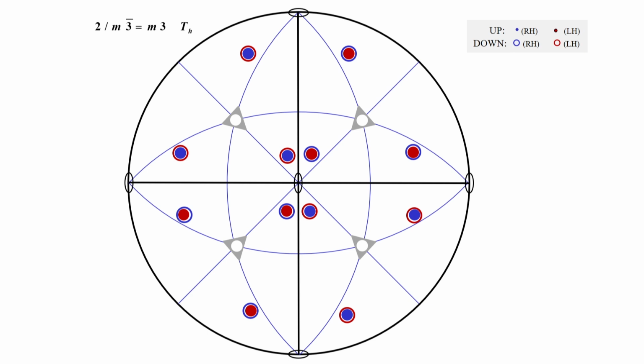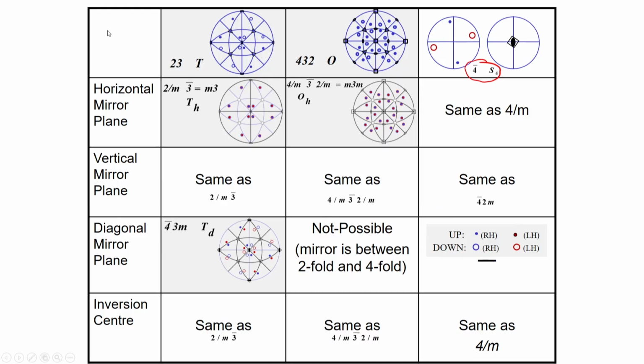The three-folds also remain, but this is interesting: these three-folds, you can see an open circle inside them to indicate that this is a three-fold roto-inversion axis. The group is simply called 2 upon m, two-fold perpendicular to the mirror, and 3 bar the roto-inversion axis. So this is also, I think, pretty straightforward.